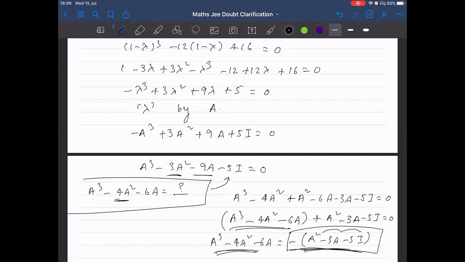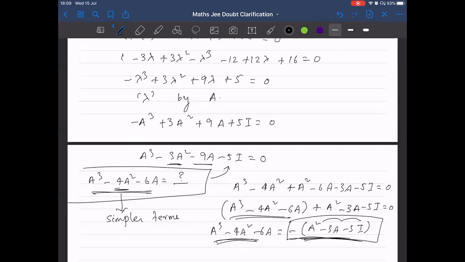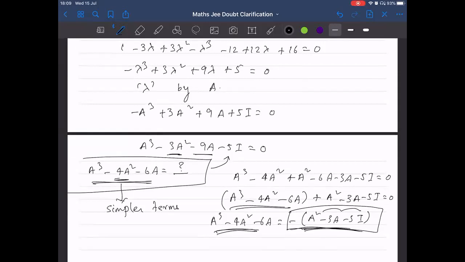But most of the time they will directly give the matrix equation, which somewhat resembles the characteristic equation, but sometimes not, in order to make the problems lengthy. But still you can always use the characteristic equation by converting it into simpler terms. So that's exactly what happened here. Instead of A cube, now we have minus of A square minus 3A minus 5I. So we just have to find this value, and it will be nothing but